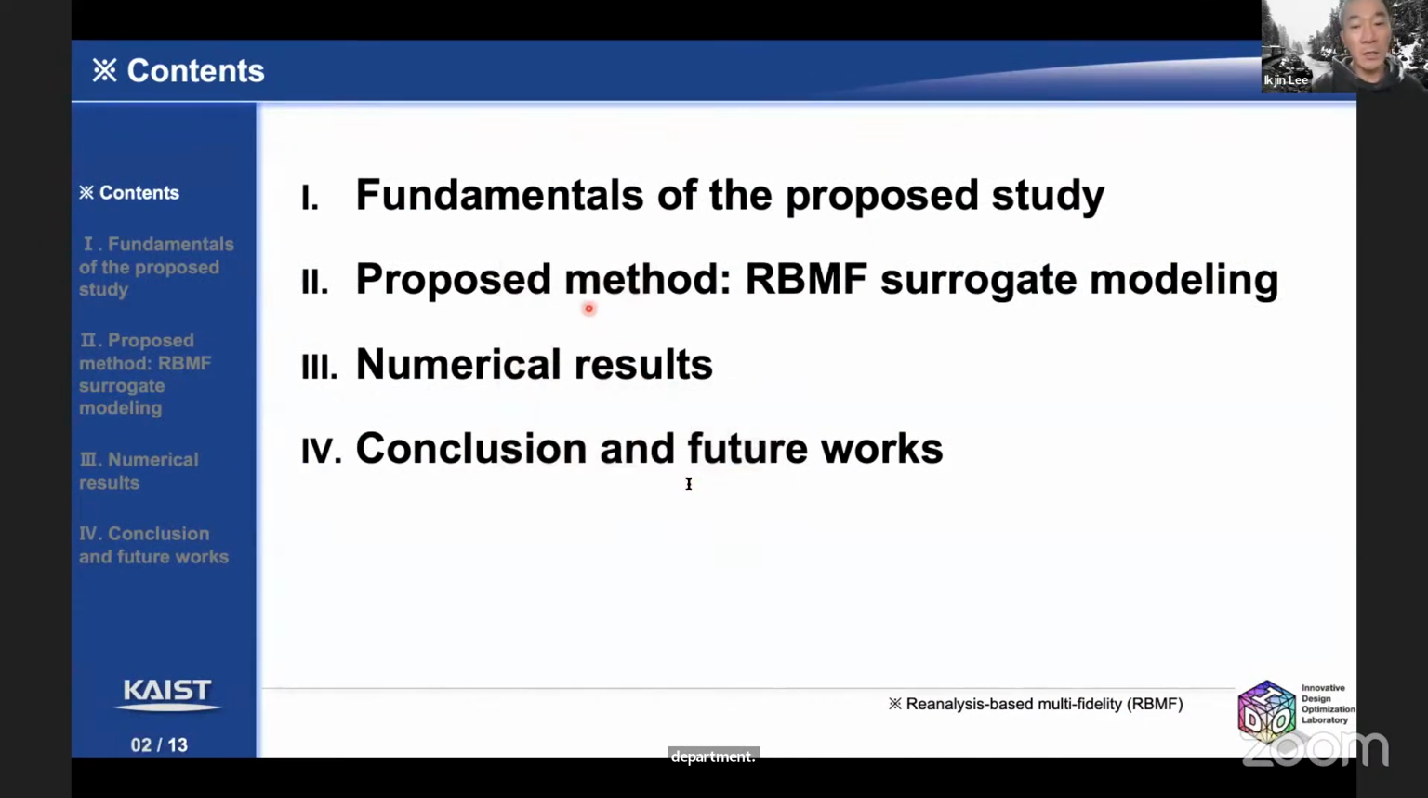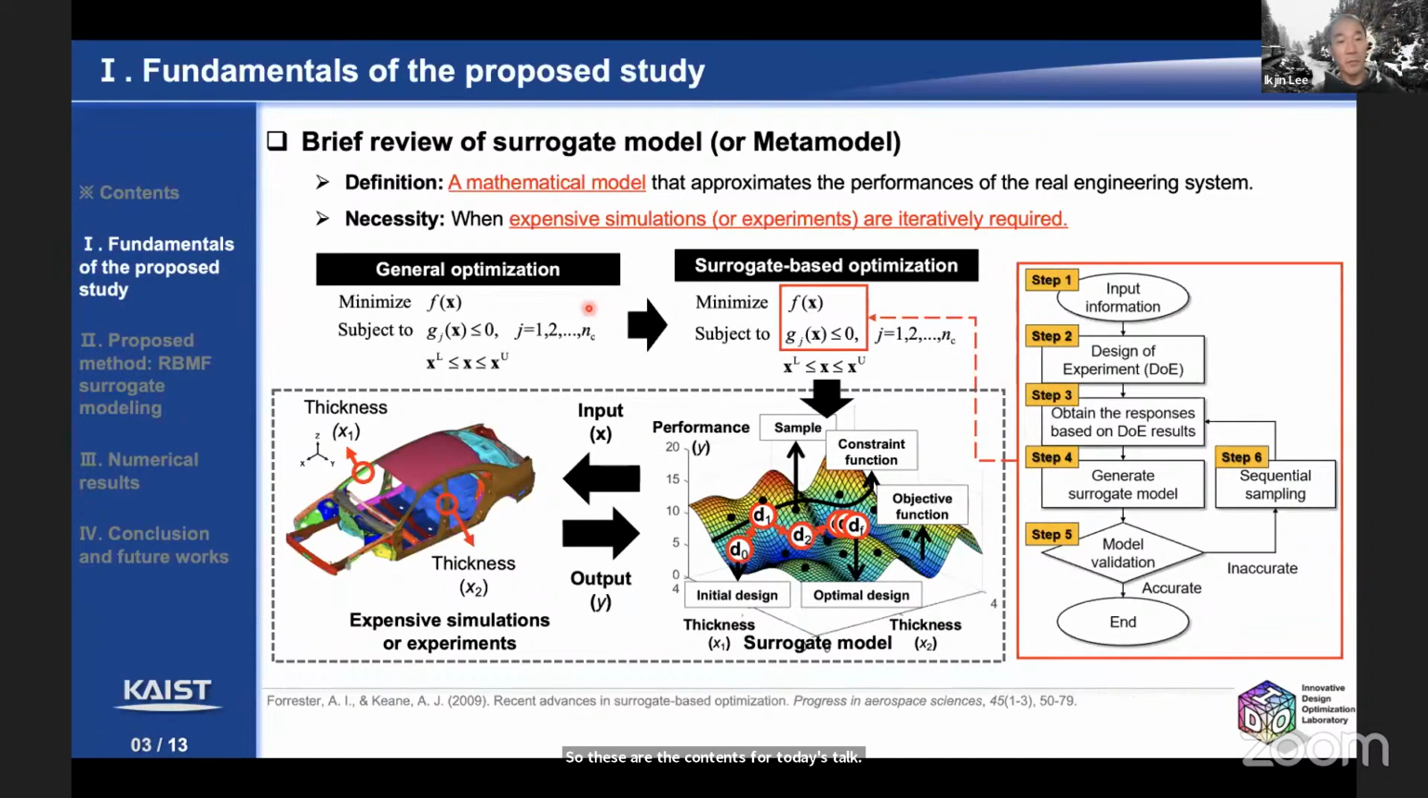So these are the contents for today's talk. And let's move to the fundamentals of the proposed study. So let's review the surrogate model. The definition of a surrogate model, also called a meta model, is a mathematical model that approximates the performance of the real engineering system. So when expensive simulations are iteratively required, such as in design optimization, which we usually use,